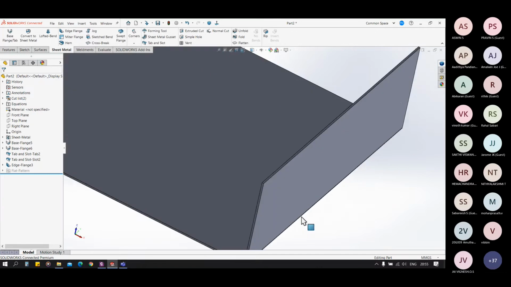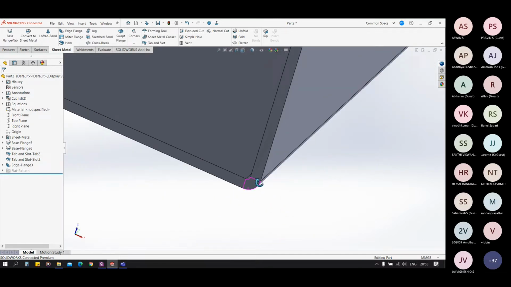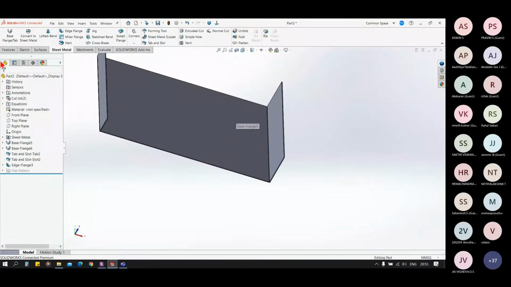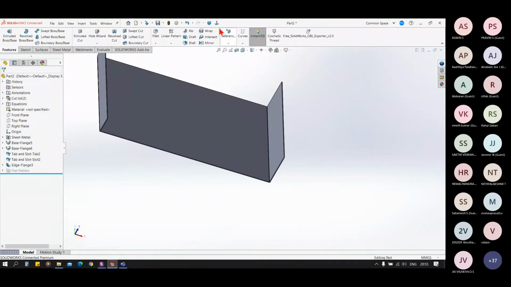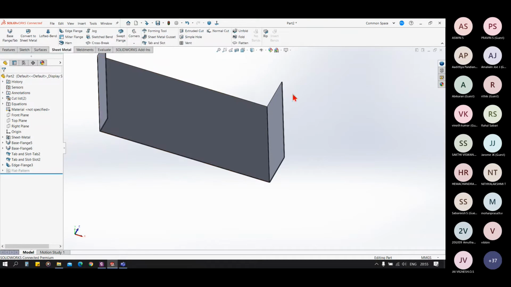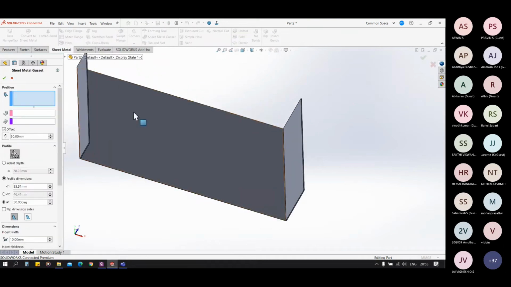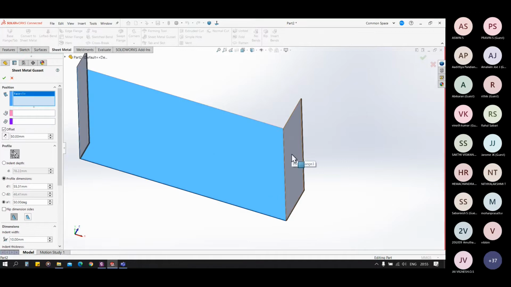Sheet metal gusset is similar to the rib feature in the 3D. This rib feature in the 3D. So now let's see the sheet metal gusset. In the sheet metal gusset, we have to select the base flange and the top flange.